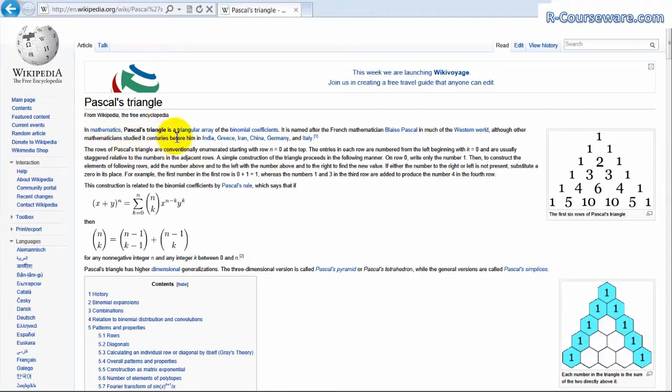In mathematics, Pascal's triangle is a triangular array of binomial coefficients. It's named after the French mathematician Blaise Pascal. One of the characteristics of Pascal's triangle is that you can obtain the entries, the cells, for any row n by adding up the elements in the preceding row n minus 1. For example, you can see here when we go down to depth 4, there are 4 entries, 4 cells,